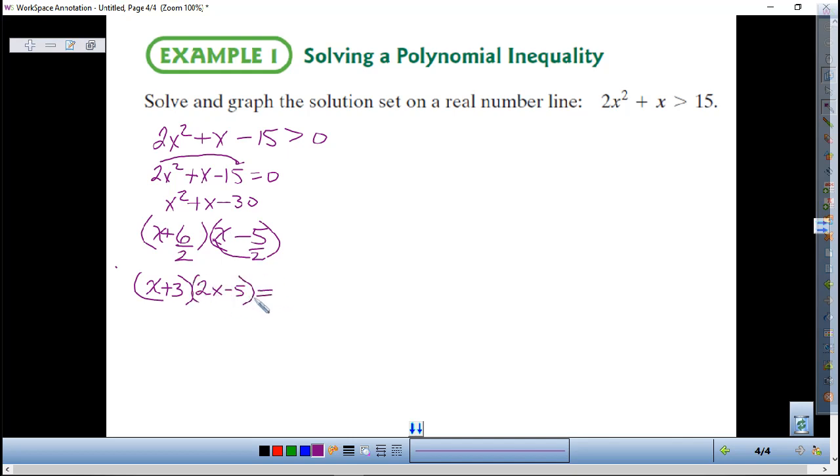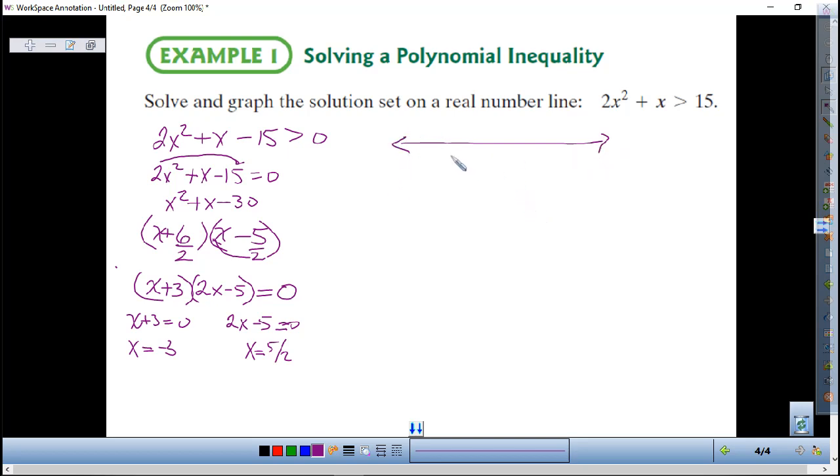Alright, so now once I've done that, I can put it back to being equal to 0. So my key values, those boundary points, are when I have x plus 3 equals 0, which means x equals negative 3, and when 2x minus 5 equals 0, which is going to be x equals 5 halves. So those are my boundary points. Those are the only places where I can change from a negative to a positive or a positive to a negative. So when I draw my number line,